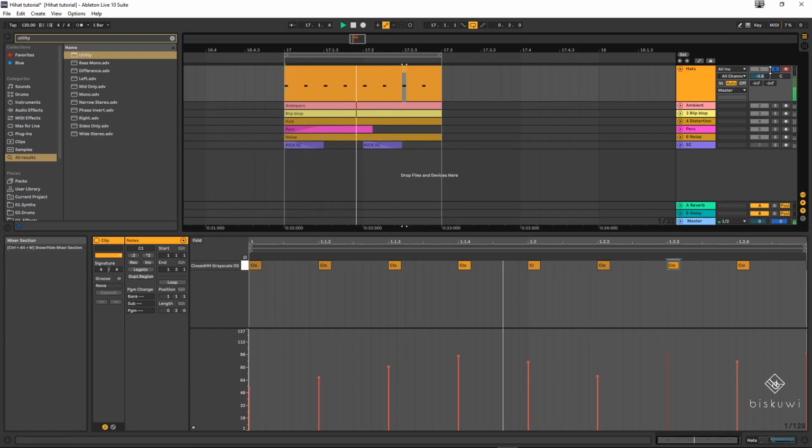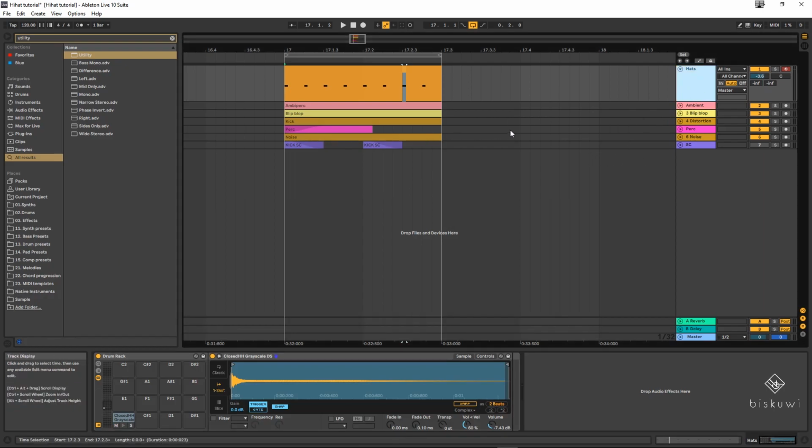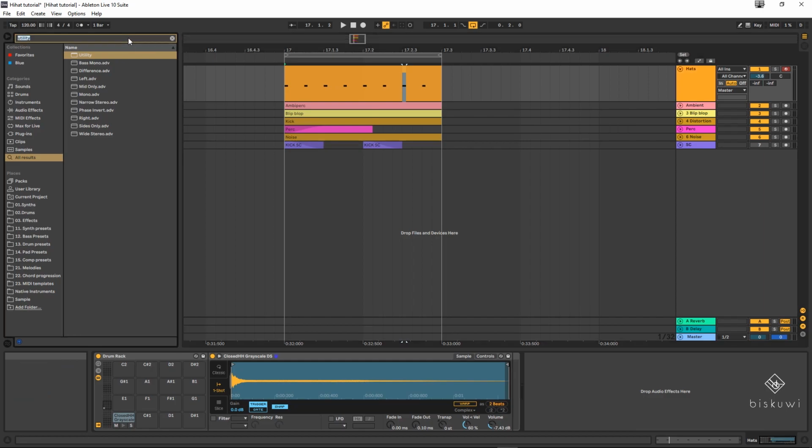You can hear the movement in the hi-hat and it's a bit more interesting than it was before. Minimal techno tracks, or techno tracks in general, are all about this type of movement in the sound because they are quite repetitive. The second thing that we can look at is the HAAS effect, and you can basically emulate